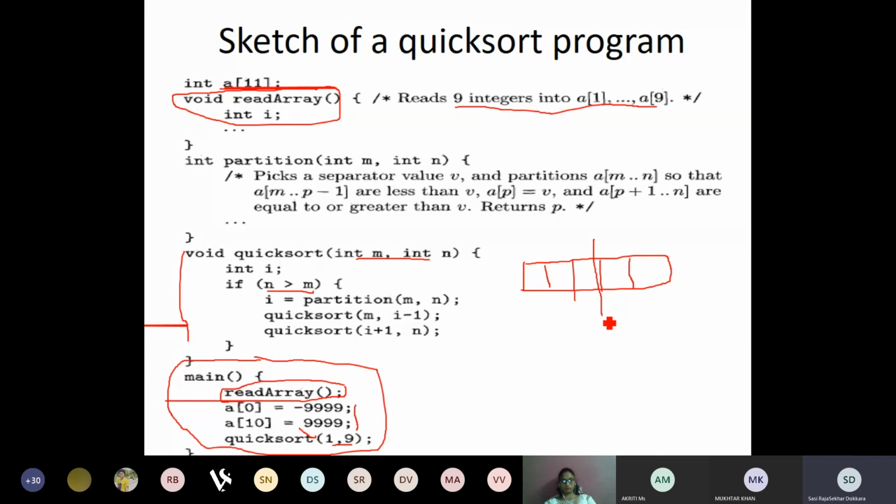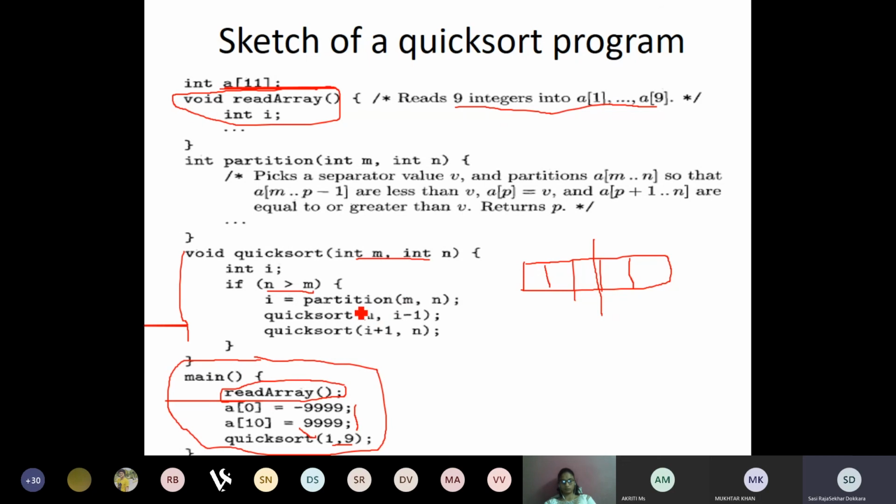The most important idea behind this is at each point of time we are going to identify a pivot element. That element is going to be identified, and anything to the left of that element is going to be the smaller numbers. Anything that is to the right of it is going to be the numbers which are higher. So that is the way it is going to be done.